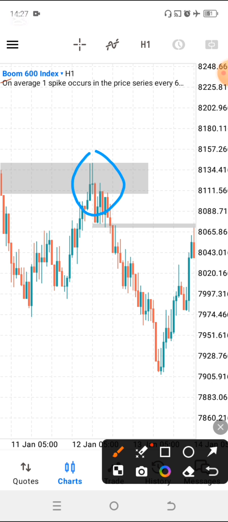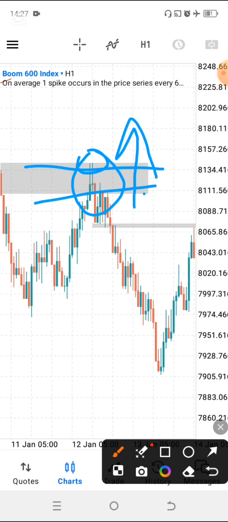So in this case over here, as you can see, the wicks are to the upside. So it shows that what? The market is refusing to continue going up. So when we are at a resistance over here, of course the market is going to favor going down. Why? Because it's rejecting to continue going up. Hence it's showing that we might have a change in momentum, a change in sentiment.